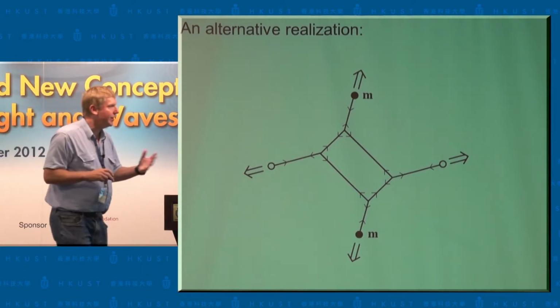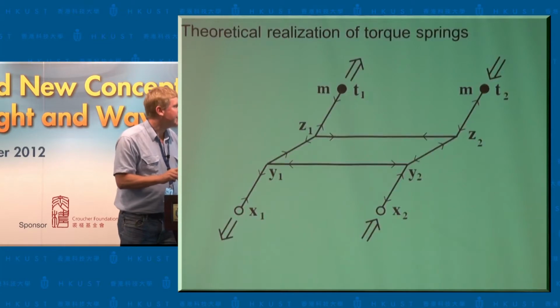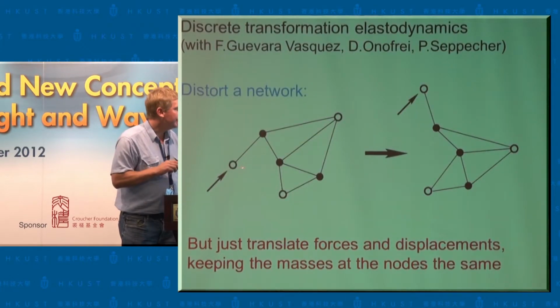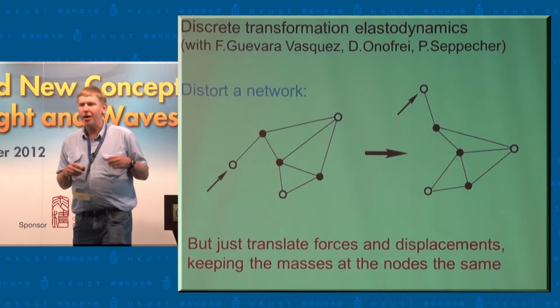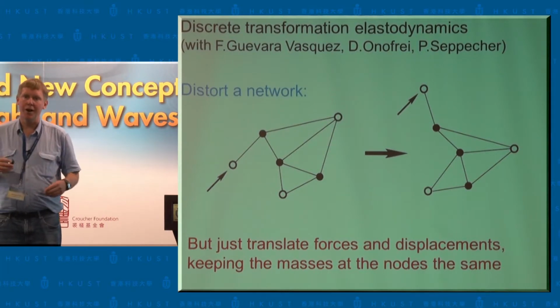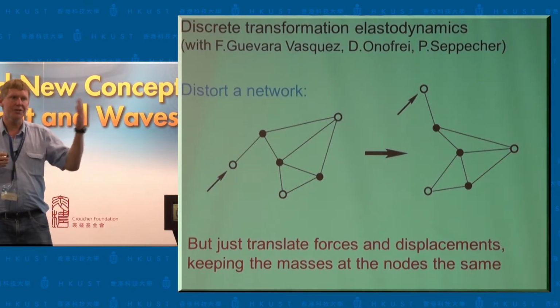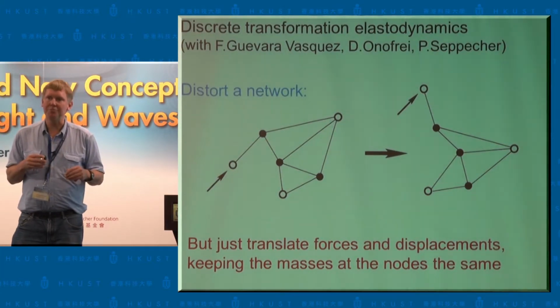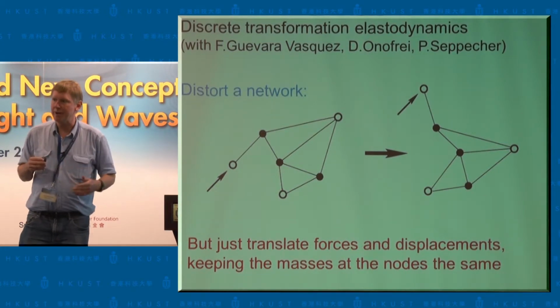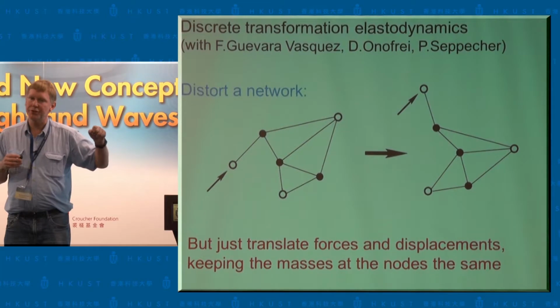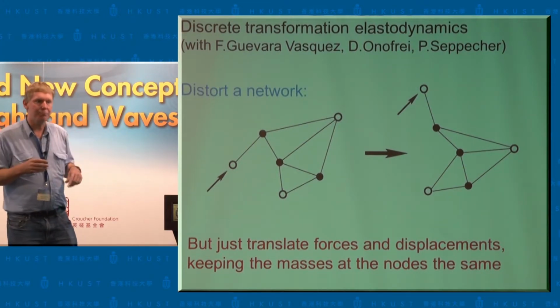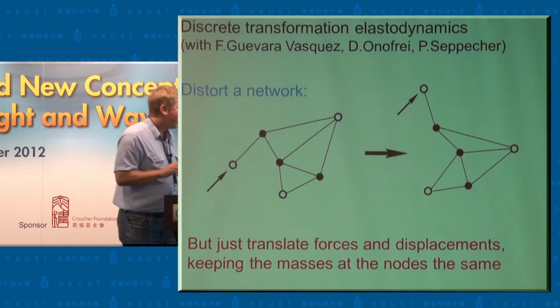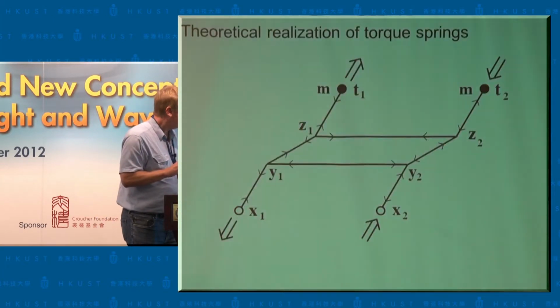And so the idea is that when you do this discrete transformation, you should replace each of these springs by one of these torque springs. Or if you've got a periodic material, or apply it to a continuous material, you can think of the material as being replaced by some discrete network, say a triangular network. Then you'd apply that transformation to the triangular network, and then you'd replace each spring by one of these torque springs. Of course, when you do that, these are rather bulky, and you're going to end up with